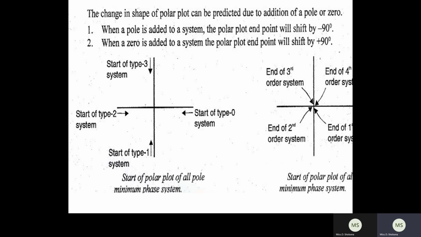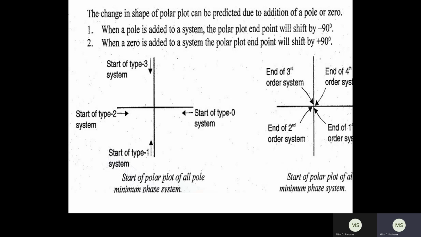And then, for the various kinds of transfer function, how do we sketch the polar plot? We can sketch the polar plot by two methods. One is by the knowledge of type number and order of the system. The other one is by having a mathematical model. Here you can see G(s) is given as 1 divided by 1 plus sT. So here s will be replaced by j omega. Therefore, G of j omega becomes 1 divided by 1 plus j omega T. Okay, so this is your transfer function.